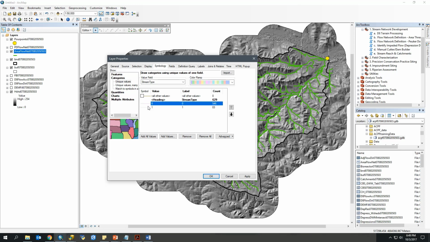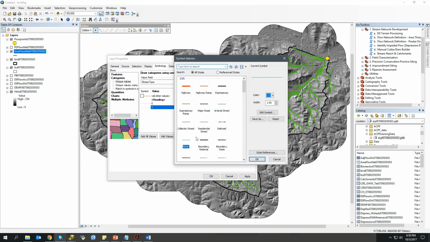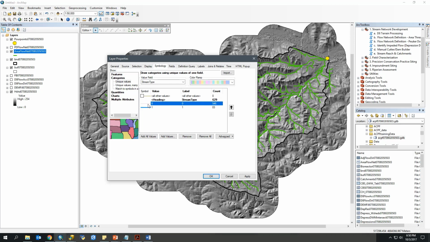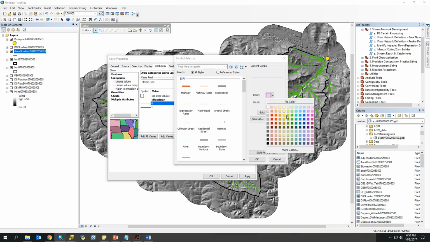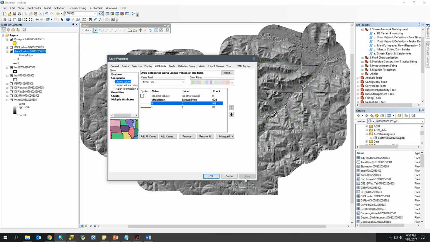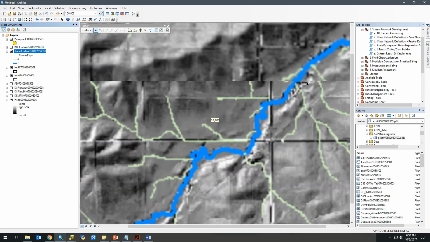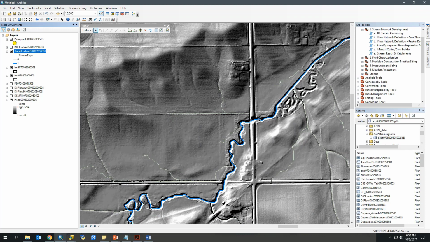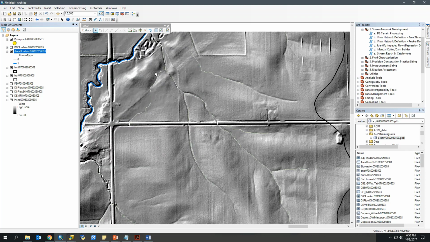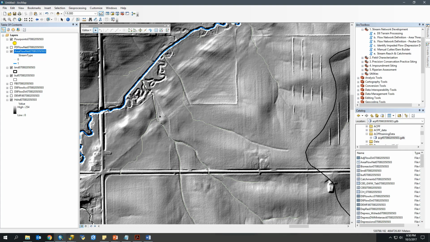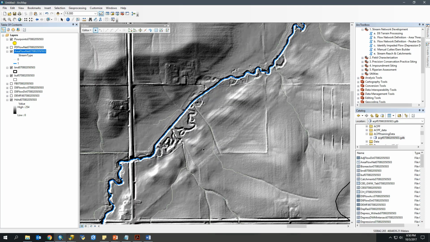So I'm going to give my value of 1 a thick blue, and then my value of 0, I'll just make a light green color. We hit apply, OK. And now for me, it's very clear where my stream is. It's that thick blue, and the things that I have not assessed yet, or at least changed, are in this thinner line. And this just helps me keep track of what I've done.